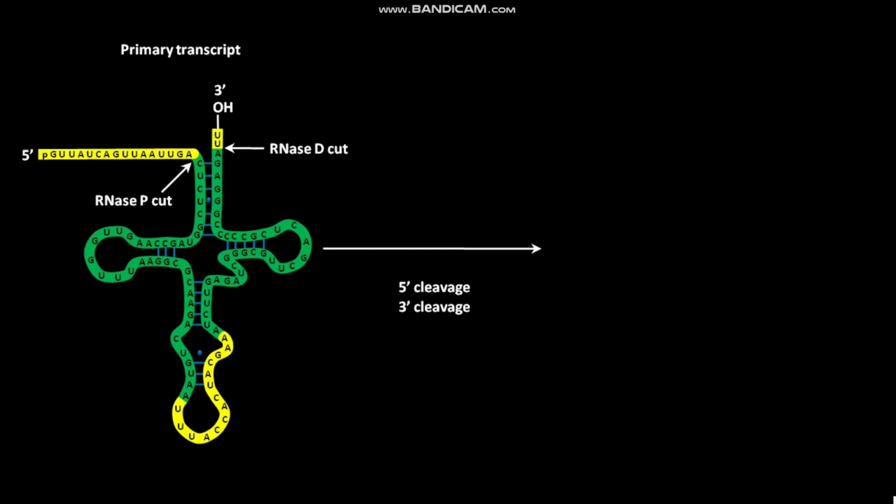In the next step, CCA is added to the 3' end of the primary transcript. This CCA addition is catalyzed by an enzyme called tRNA nucleotidyl transferase. CCA is the 3' terminal trinucleotide. The CCA addition is a necessary step in processing eukaryotic tRNAs and those bacterial tRNAs that lack the CCA sequence in